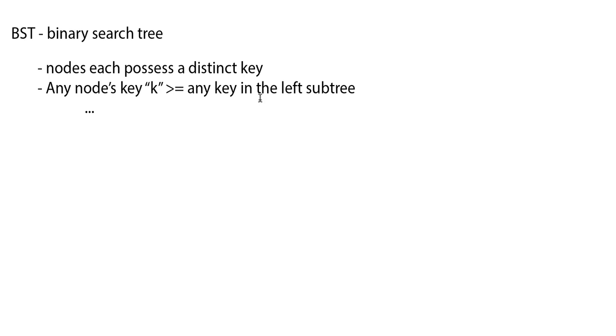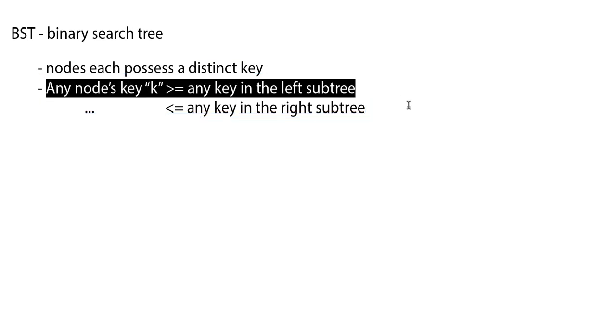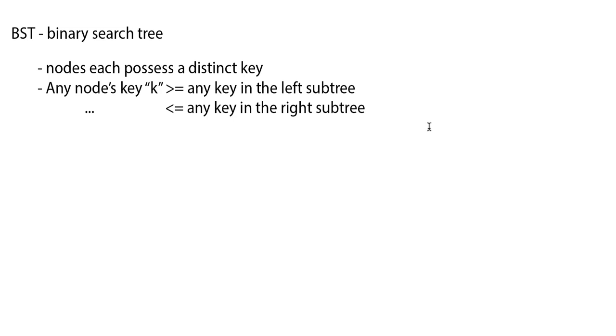Right, so we can copy this, and we can say that this is lesser or equal than any key in the right subtree. Okay, so any node's key is greater or equal than any key in the left subtree, and lesser or equal than any key in the right subtree. And in fact, this thing right here, we're going to call this second bullet point. This second bullet point, we're going to call it